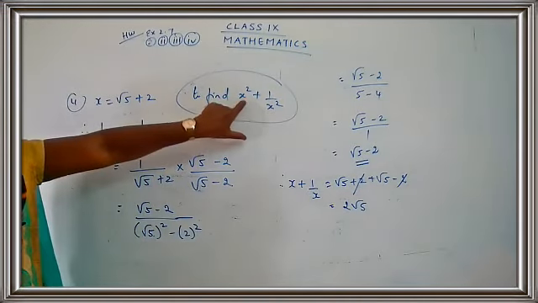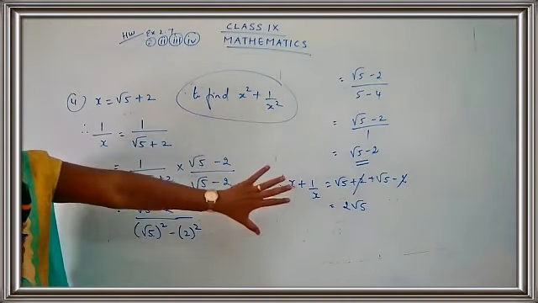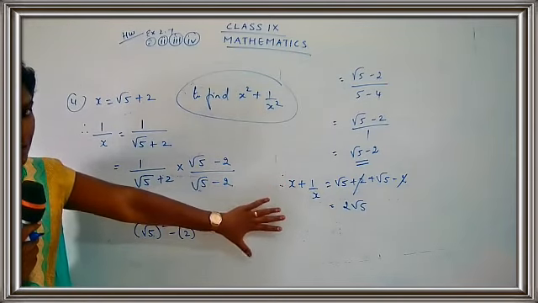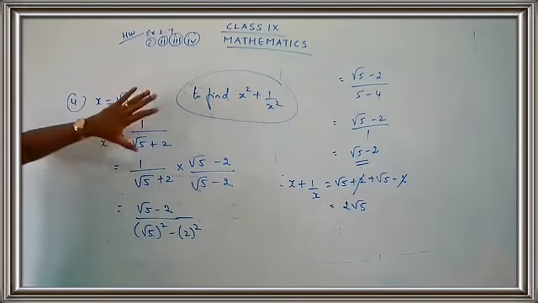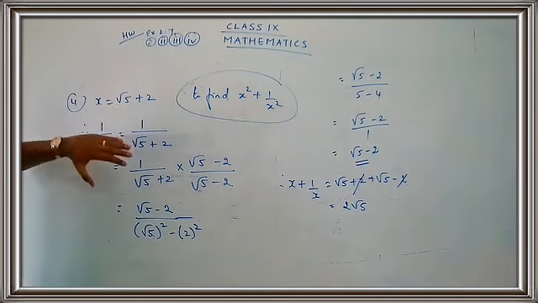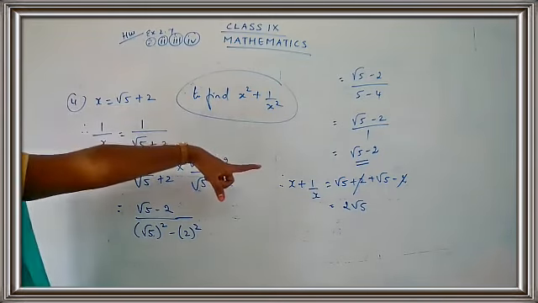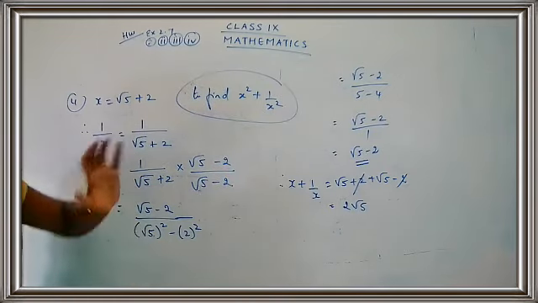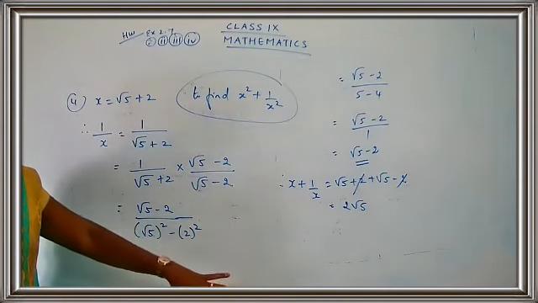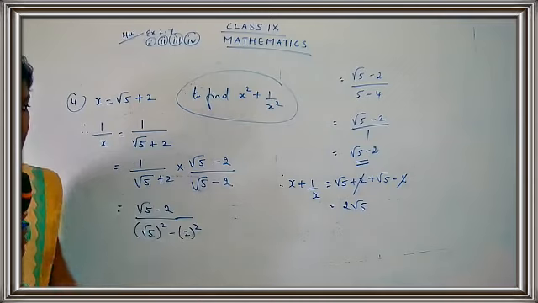The question is x square plus 1 by x square. So we have not covered our answer. Okay, so we have some more steps to go. So I had the x value. I found the value for 1 by x. Now I'm just going to add x and 1 by x. So I added x and 1 by x and I got the answer 2 root 5.